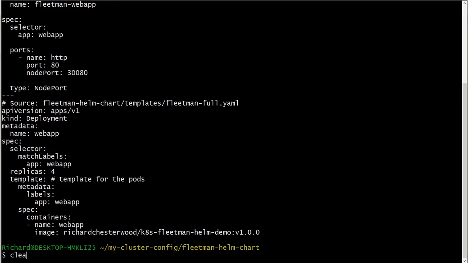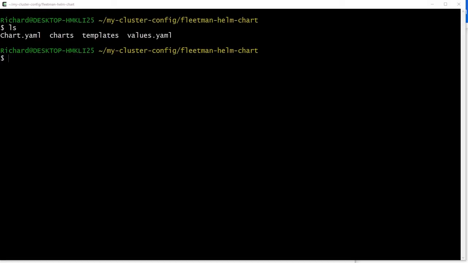So you can imagine now, we've just been testing so far by running it through Helm template. So with the work we've done previously, we should be able to install this chart onto a cluster. Now, I've deleted the old Minikube. The reason for that is we did install Fleetman in a previous video, but we did it manually, not using the Helm chart.